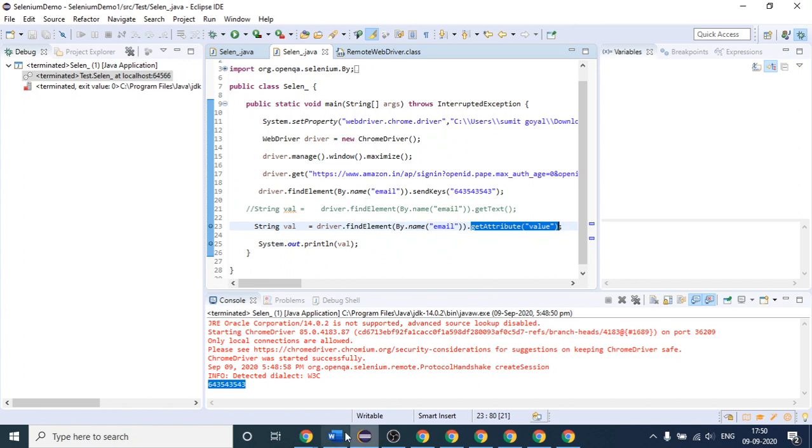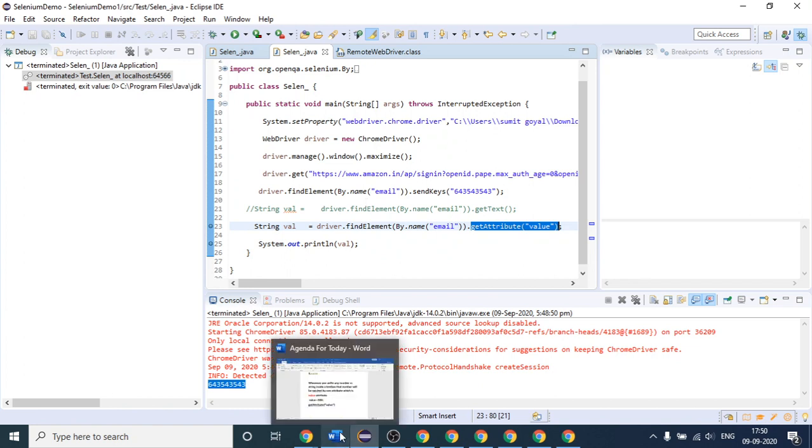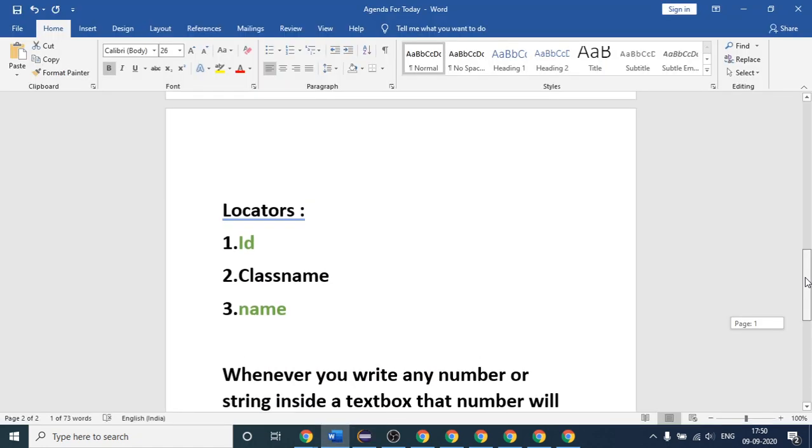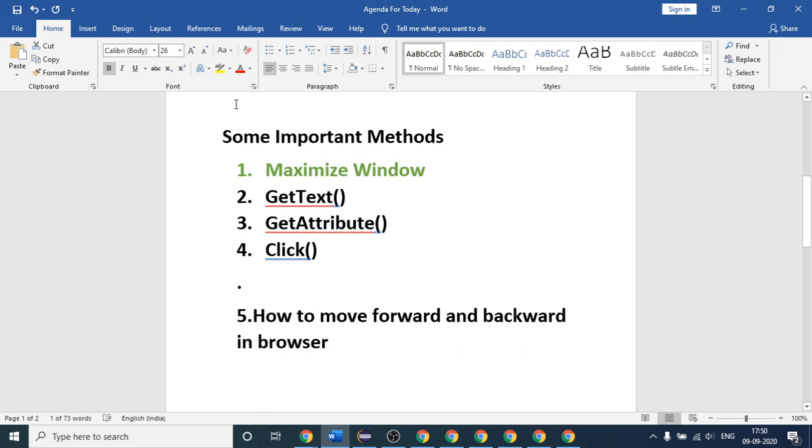There is one more. These are the most important methods that you are going to use in every Selenium script, as you go forward in the coming lectures. Let me first tell you what we have covered. We have covered how to maximize the window, and how to use the get text method.